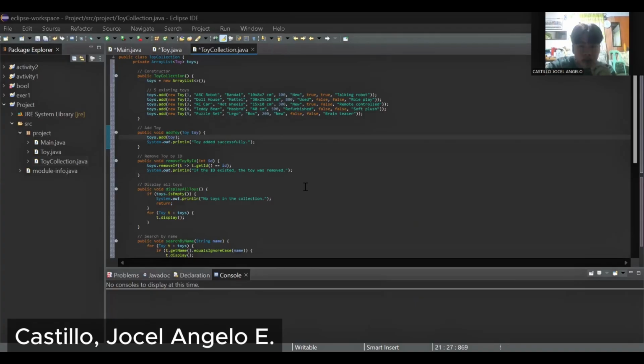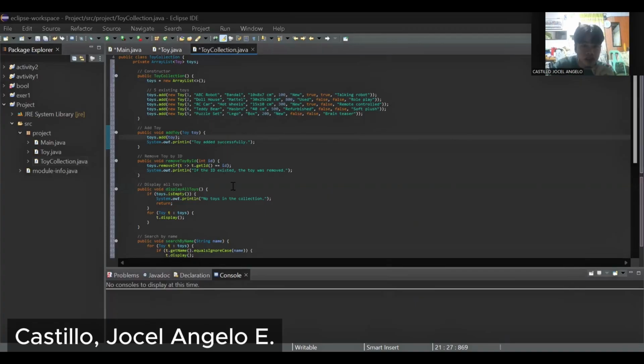First, we'll tackle the topic of OOP concept use. In our Java program called the Toy Collection Management, the program allows users to add, remove, display, and search toys using a menu-driven system.